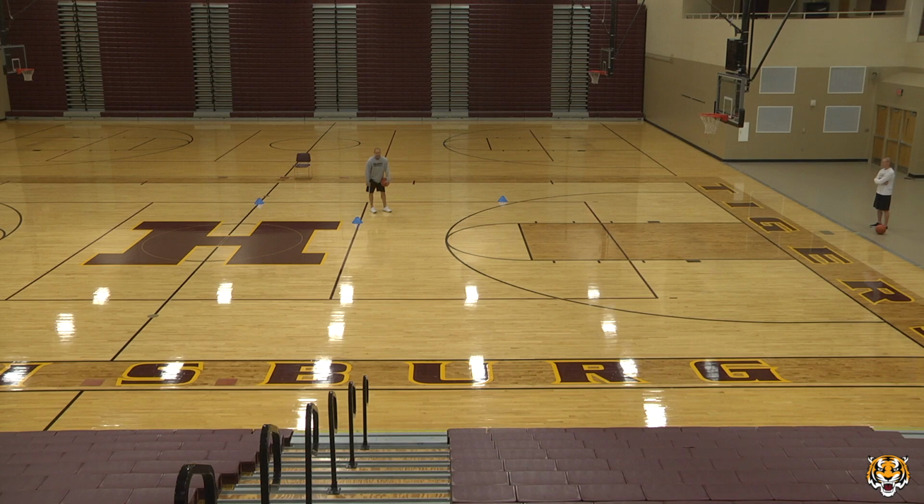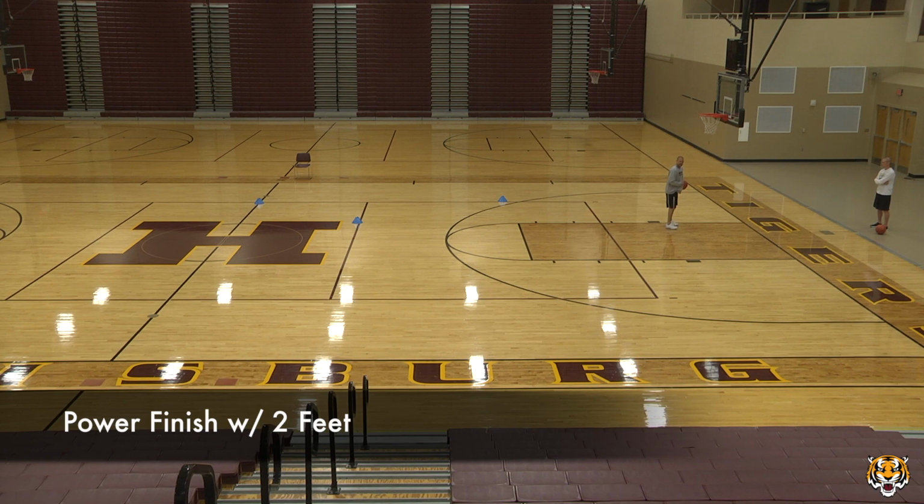So your focus is not necessarily just handling the basketball, but when you change directions, are you changing speeds? I come to the last one, and now 2 bounces, 1, 2, power finish, okay? We really, at the high school level, finish off with 2 feet, because then I can take the contact and I can still finish,